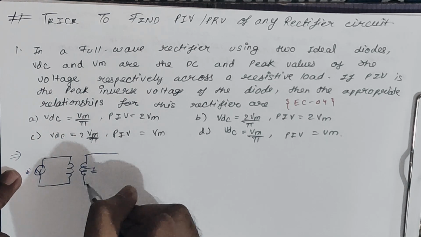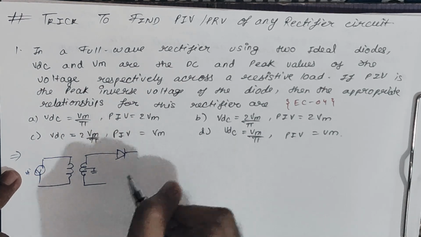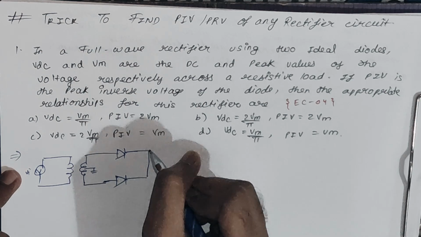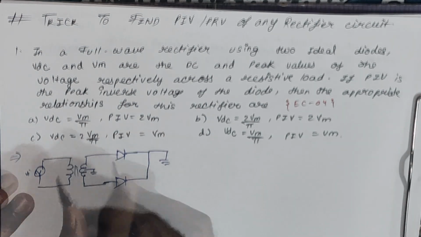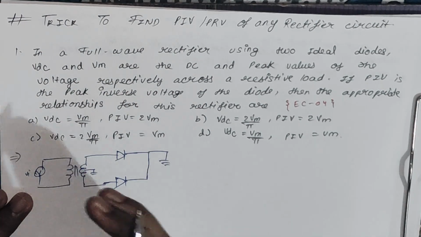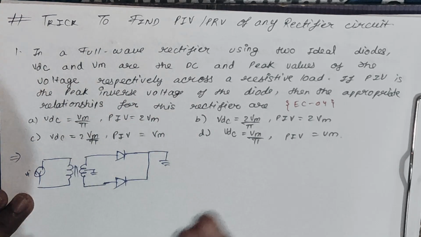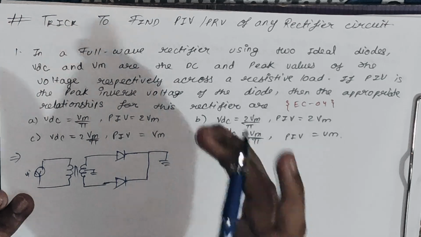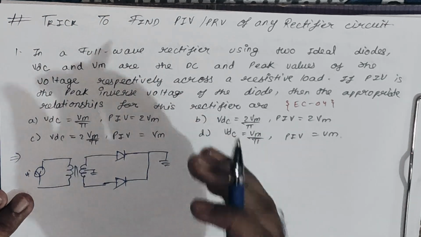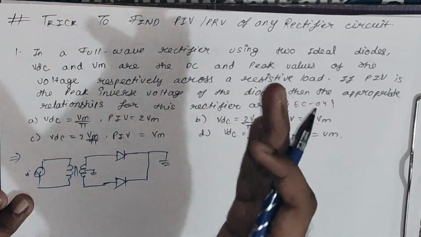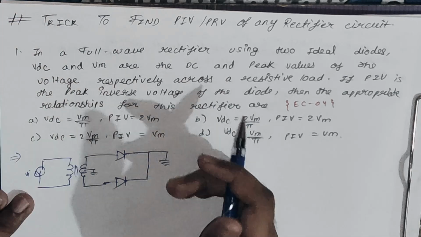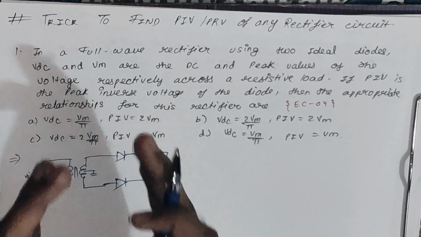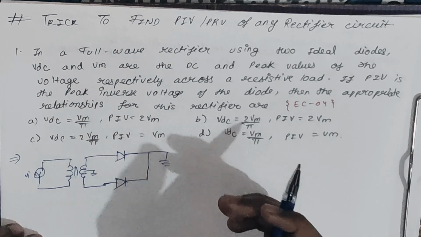this is grounded. Here we will get two diodes. Okay, and this is connected to ground. Okay, so this is the circuit diagram of center tapped rectifier, and the question is we have to find out PIV as well as average voltage. So for PIV you must be very clear what is the definition of PIV. PIV is nothing but the maximum peak reverse voltage that is applied across the diode. Okay, so basically we have to find out that condition at which the diode will be reverse biased.